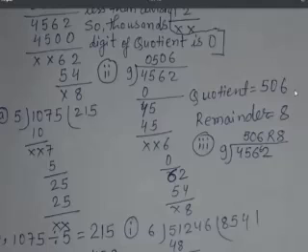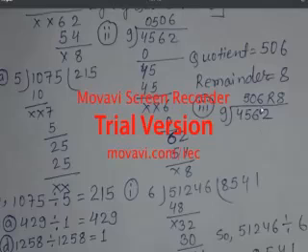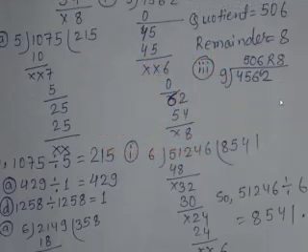Now here it is a short method. If you see over here, 9 times 5 is 45. Nothing is carried over. 6 here is at the tens place. The tens place is smaller, so 0 is kept. Now 6 and 2 become 62, so 9 times 6 is 54. 8 is the remainder. So this is all how to make it.